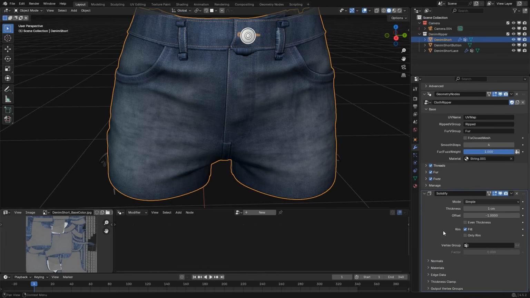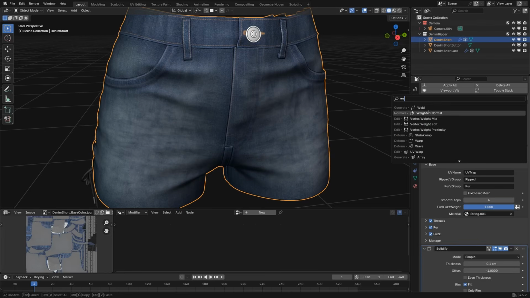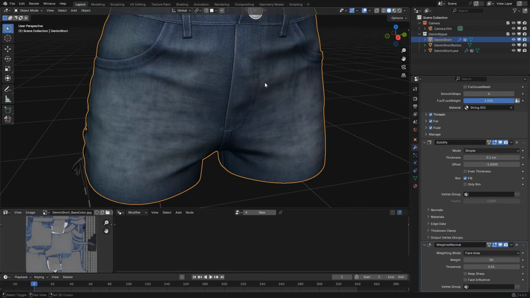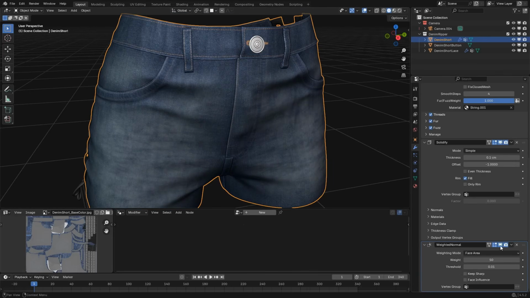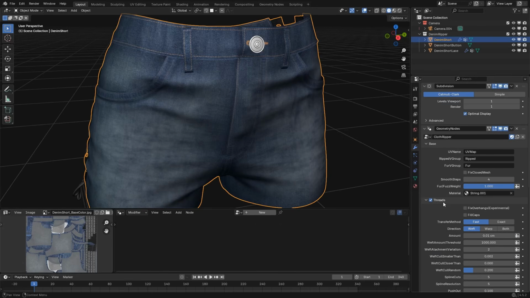Let's close these tabs and set, for example, a thickness of 0.1, and you could do a weighted normal, which gives better normals for the solidified mesh. And this is how you could do it. Now I'm going to disable weighted normal and solidify to make the workflow faster, and I'm going to expand these